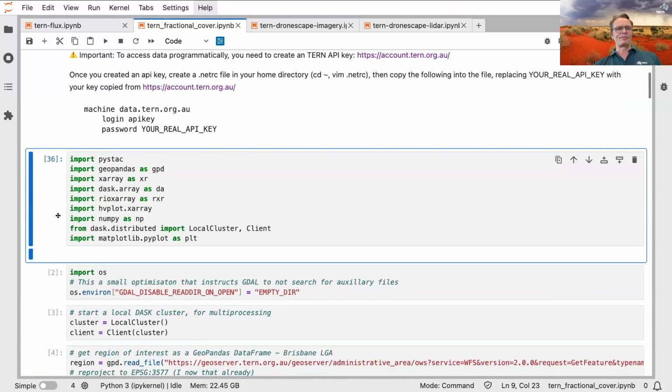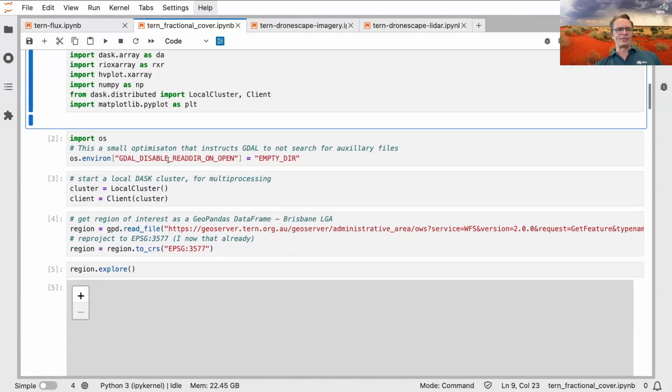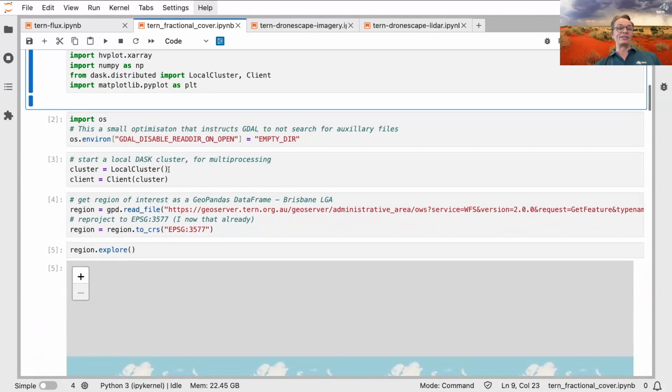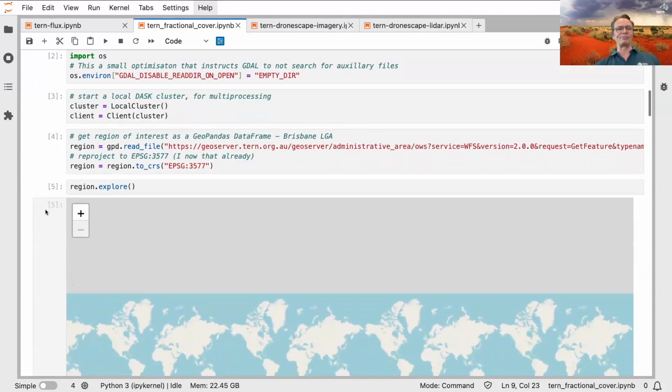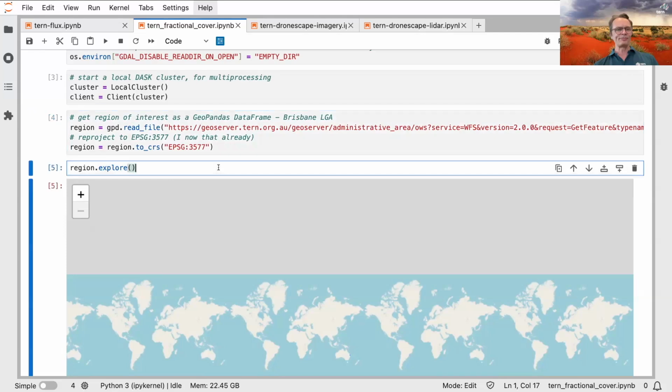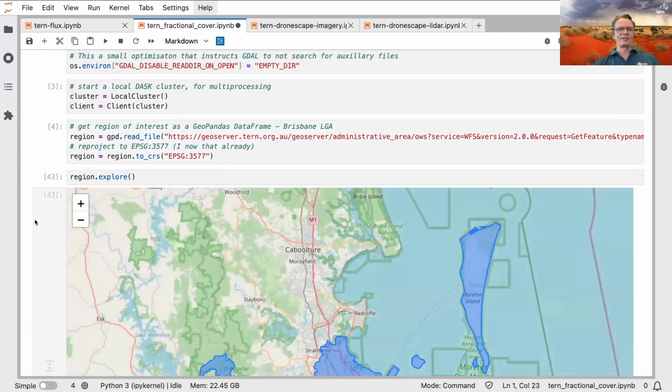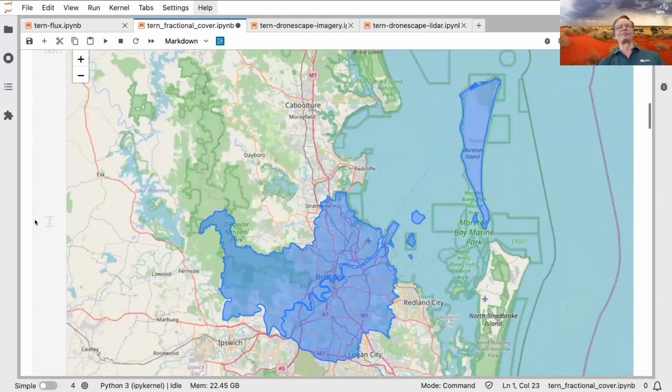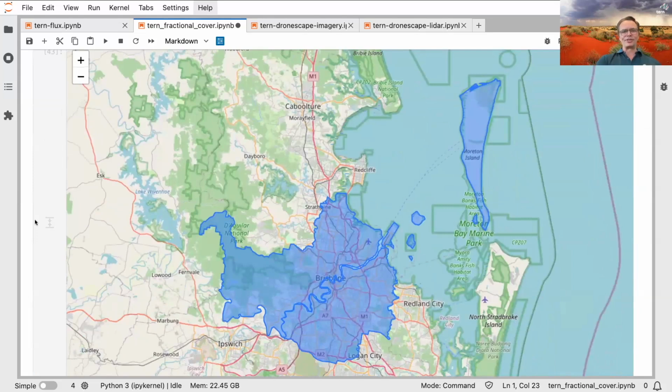And if you look at it, in this case, I set up a little task cluster to do some parallel processing in the back end. I've got a shape. I was thinking, let's see what happened over the last 30 years in the Brisbane area. So I took the Brisbane LGA, which is exactly the shape here. For further analysis, I took the bounding box around this shape